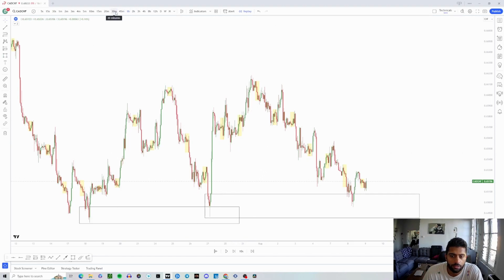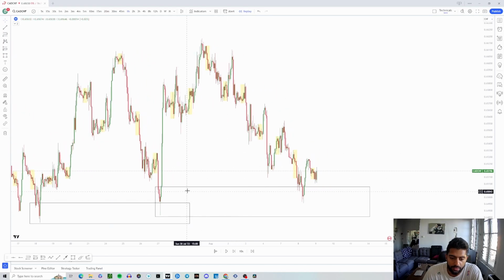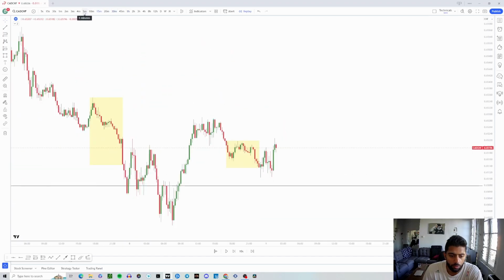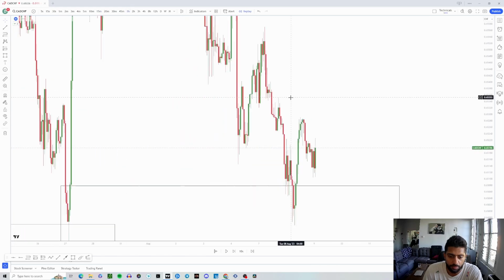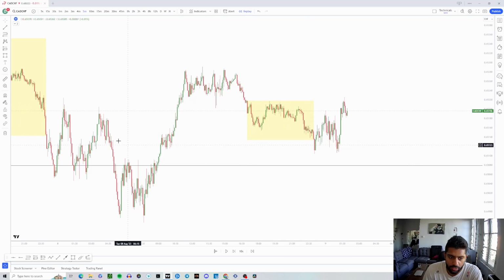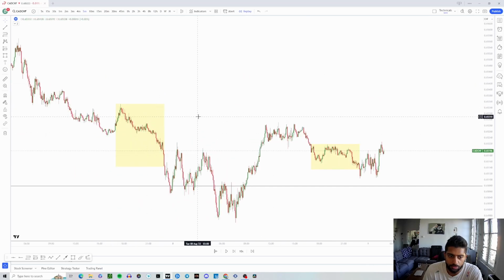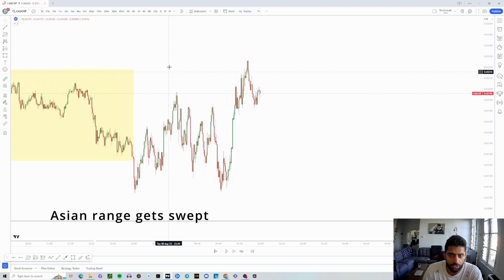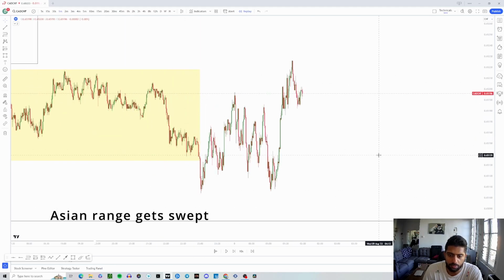So let's jump down to the lower time frame. We see price is reacting to this demand zone all the way down here. So let's see if we could get a bullish scenario. What I noticed here was there's a lot of bullish reactions once the price gets into this higher time frame demand zone. So going to the smaller time frame, Asian range right here, break of structure, taps into some pretty weak supply, but supply nonetheless. There's more supply over here, little buy to sell action, right? Asian range gets manipulated, and then there's a break of structure to the upside.